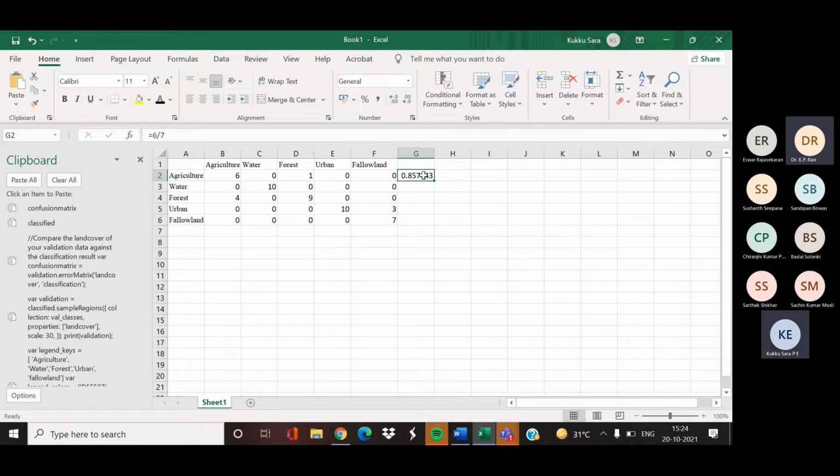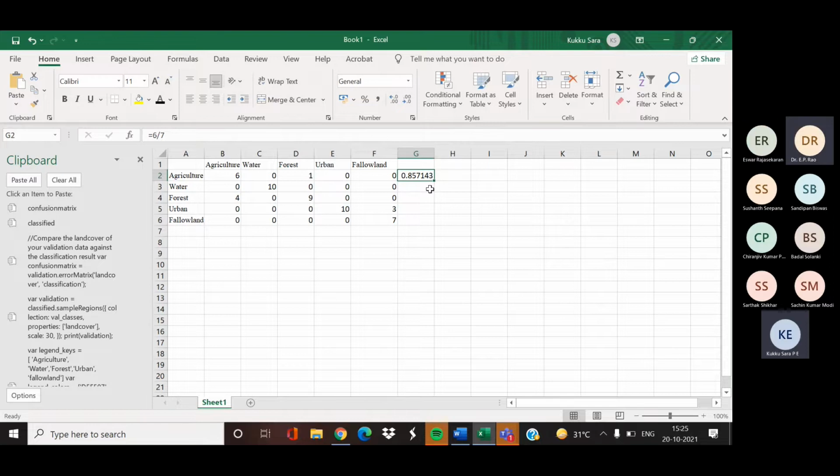But for user's accuracy, it is how many pixels are classified into that category divided by the row total, not the training samples. Sorry, you are right, 7 is the row total. So 6 by 7, correct. Okay, so for the agriculture category we got the user's accuracy as 0.85.